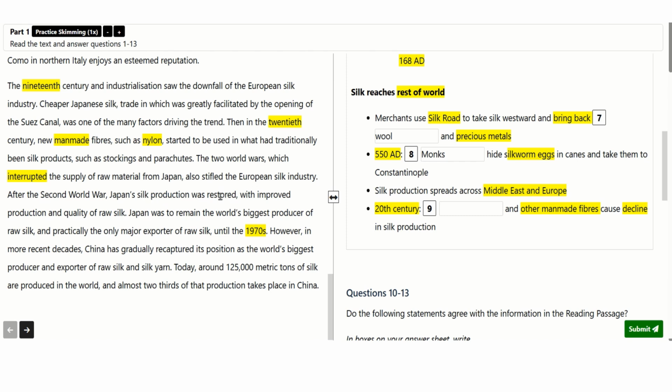Okay, here they are saying the reproduction was restored. That means previously there was a decline. Can we see here downfall? But we need to give the reason of the 20th century. So we see man-made fibers such as nylon. So that means nylon. For example, you can say I am practicing reading and other modules right now, or I practice reading and other modules daily. Similarly, they have given an example of one, and for others they have written man-made fiber. Similarly here, other man-made fiber.